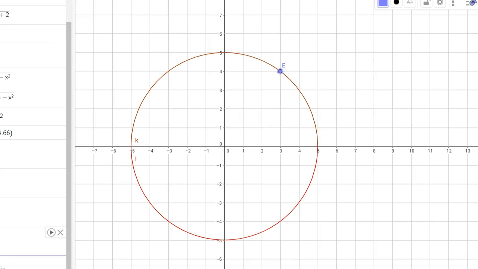Then I have a point there, and I have another. That is not supposed to be there. It should be there. And the value of y there is 4 and negative 4. This kind of relations,